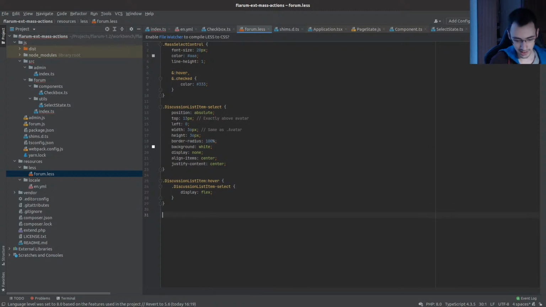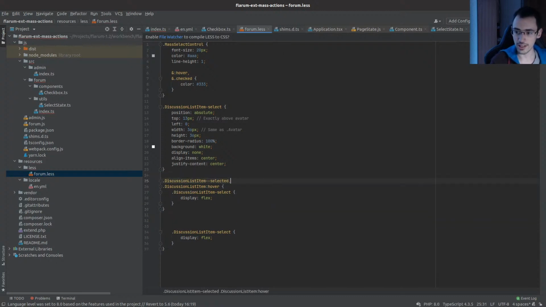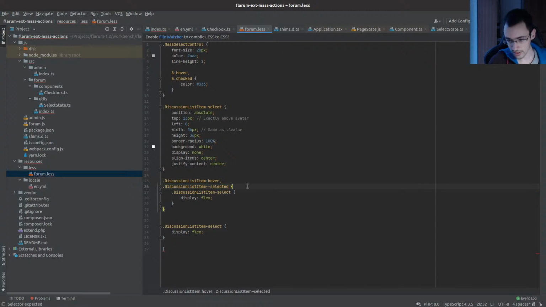So where is it? Here. So next we can do this. Display flex. I don't know if I want to merge those two together. Yeah, maybe let's merge them together because it's a bit more logical maybe. Let's put it in this order. Okay. But then we want the special styling, so